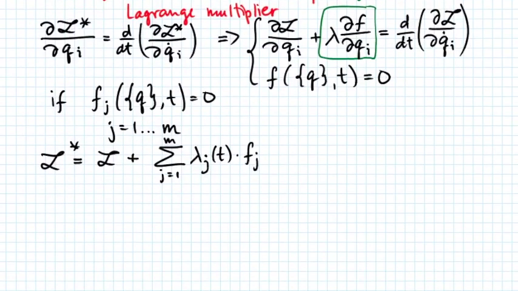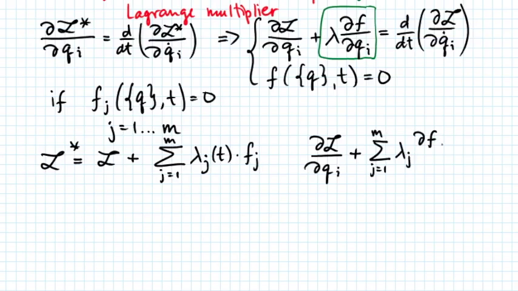The resultant equations of motion will look as follows. We'll have the unmodified Lagrangian derivative with respect to q sub i plus a sum from j equals 1 to m of lambda sub j times the partial derivative of f sub j with respect to q sub i